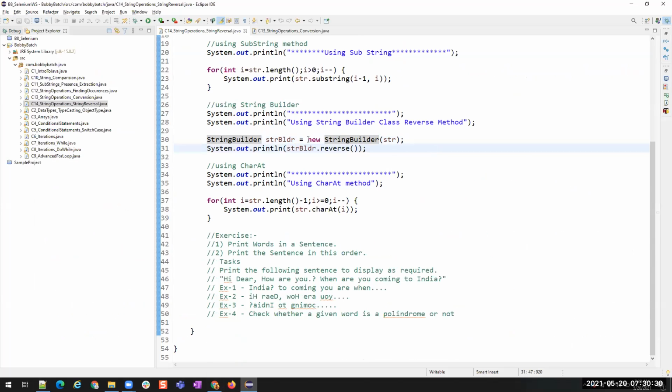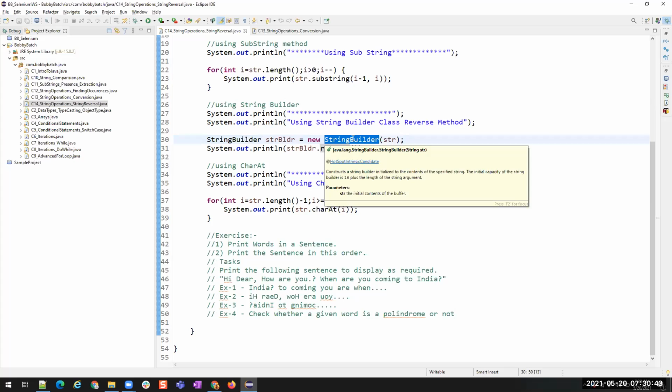So what is happening here when I use the new keyword? I'm not going to make any changes to the StringBuilder class. I just want to use the methods which are present in this StringBuilder class. If I directly access the memory of the StringBuilder class and make any changes, everybody will be impacted, right?